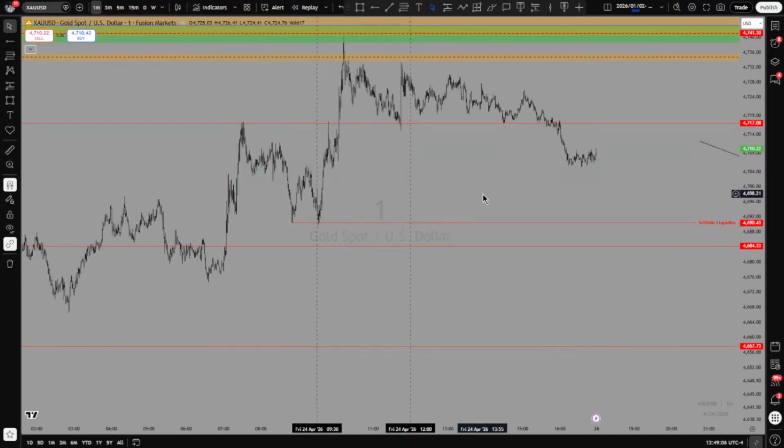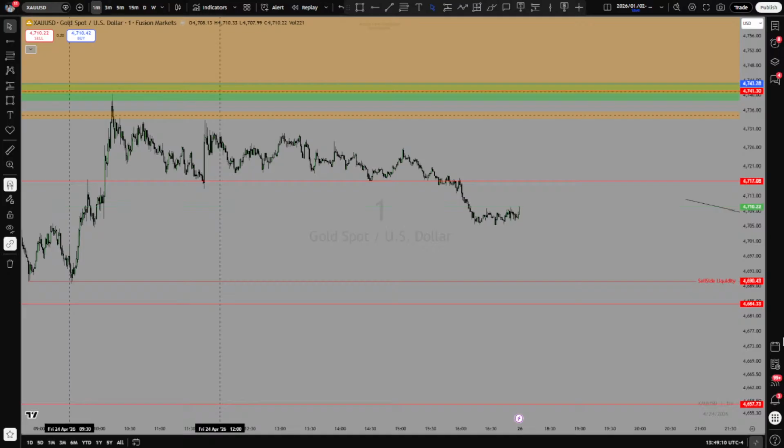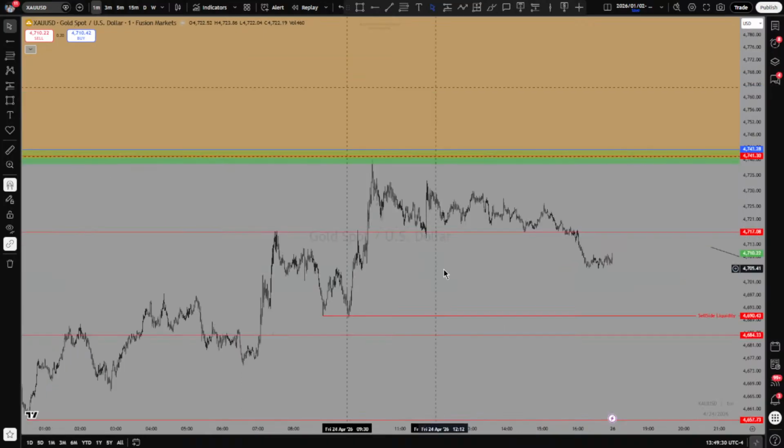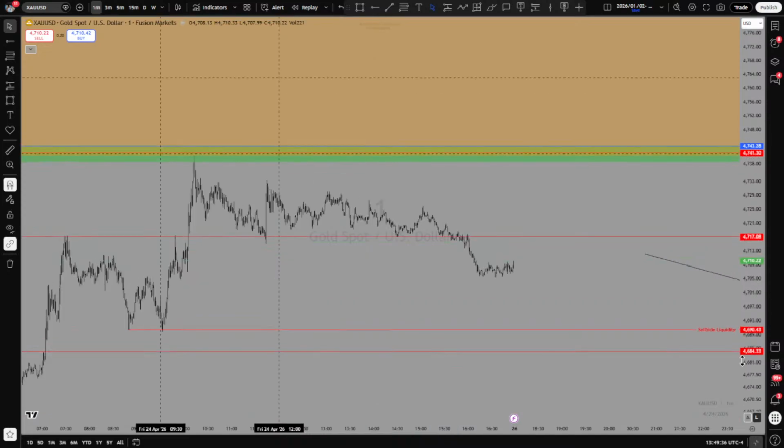So what I'm actually waiting for here is to see if the price can get to here, right? And close these. I'm just waiting to see if the price can close that and start moving lower. But anything beside that, I'm actually bullish for now, for the next two days, or for the next one day. Depending on how the price opens today, I'm going to adjust from that point.